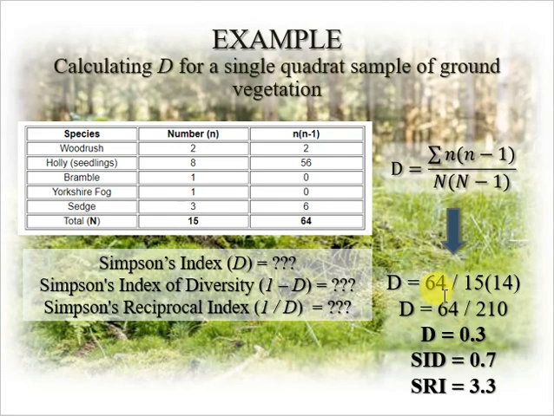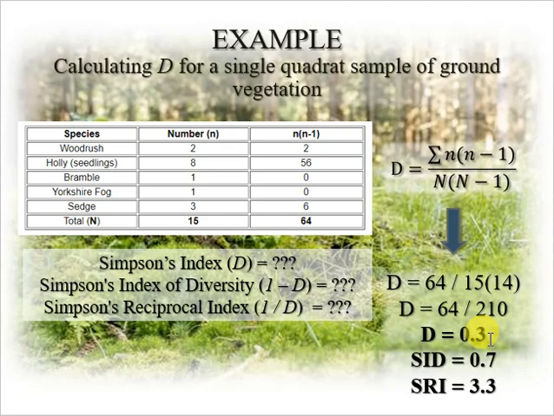So we take 64, the sum we've gotten for the individual species, divided by 15 times 14, so 15 times 15 minus 1, and that's going to give us a Simpson's index of